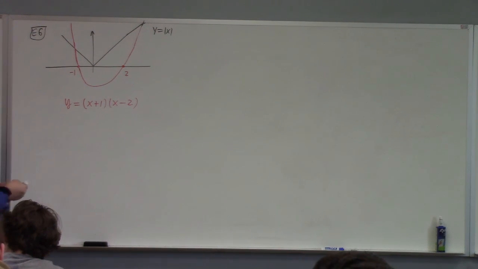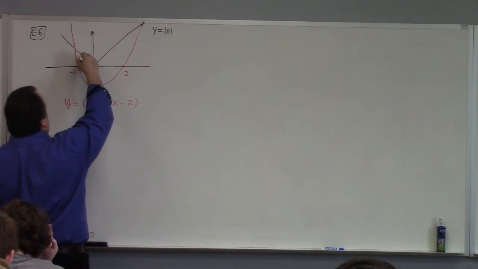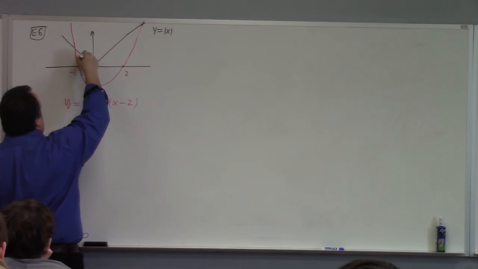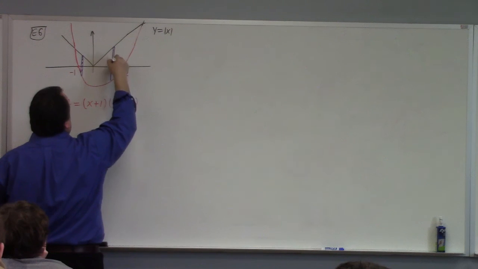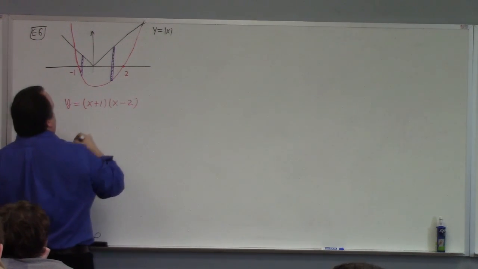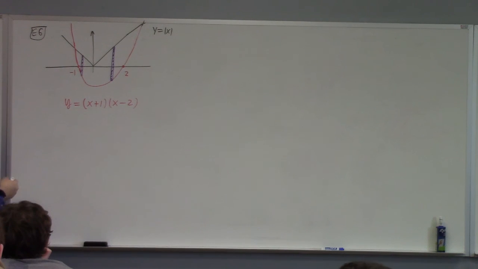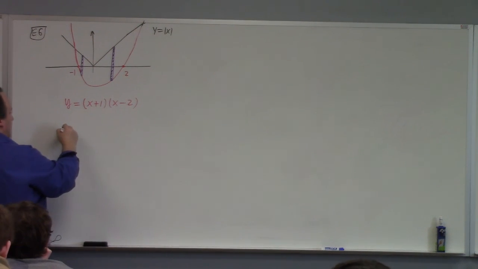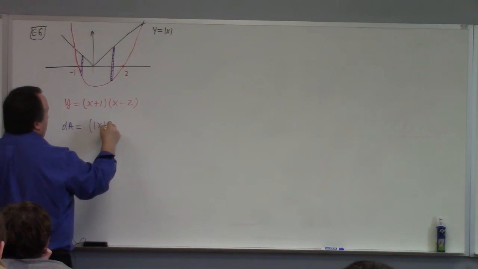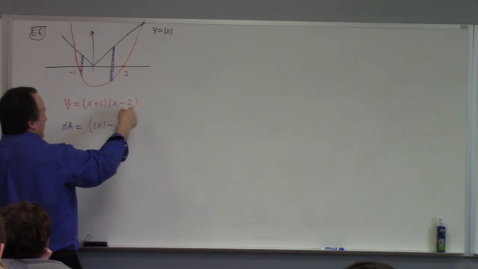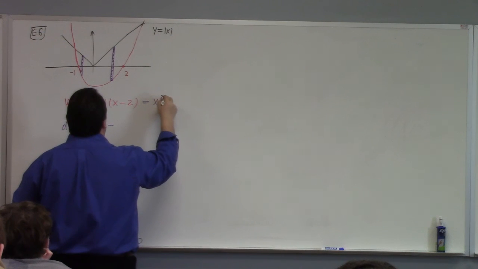I think vertical is the way to go because essentially you can look, you've got 2 cases, right? It's either like here or like here. Well, I guess it's always the same. It's always absolute value on the top, right? So I guess I could always say that dA is equal to absolute value of x minus whatever this works out to, x squared